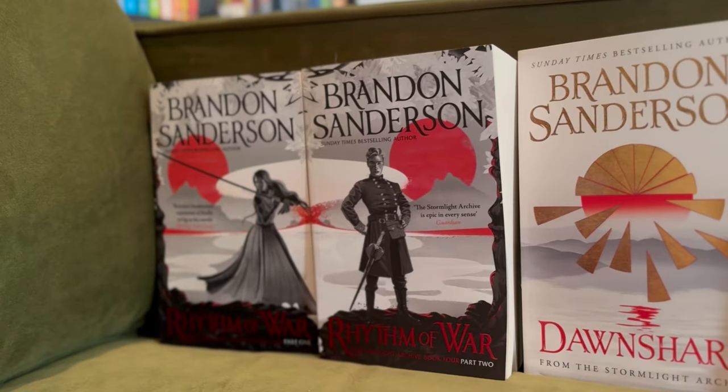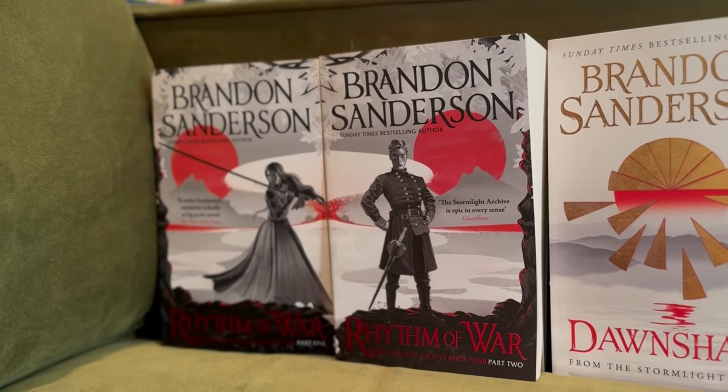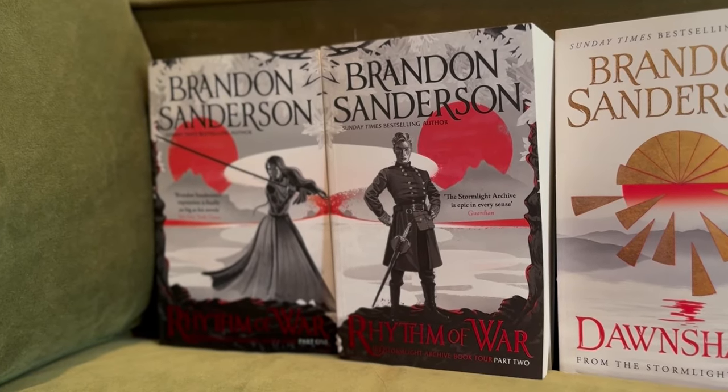You never see it on my shelf because these are paperbacks, so I'm not standing them up next to each other, but I know it's there, and I think it's cool. Another series that I really like the design of, this is not the standard editions of these books,